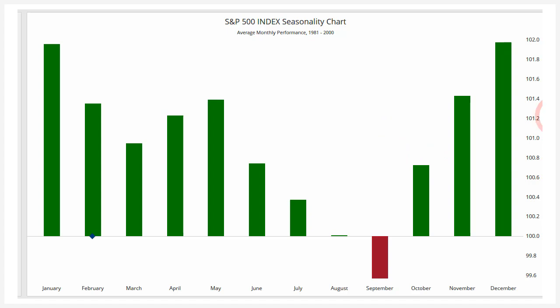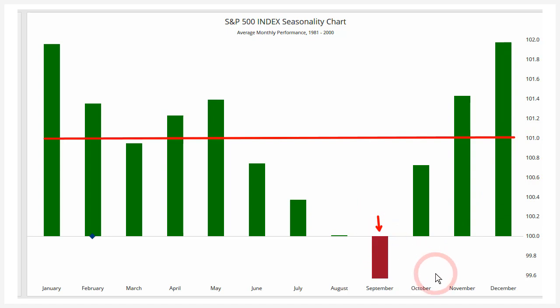And we can see again, here's the 101 level. And if we draw a line across there, we got a lot of months exceeding that 101 level, which means they were up on average more than 1%. We can see September was still a bad month during that 20-year period, but every other month was positive except for August, and that's where the dog days of summer got coined, I guess it was in the 80s and